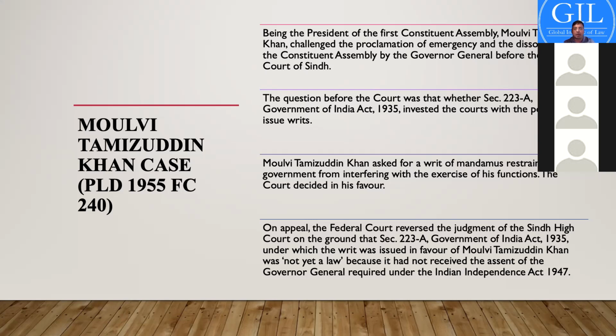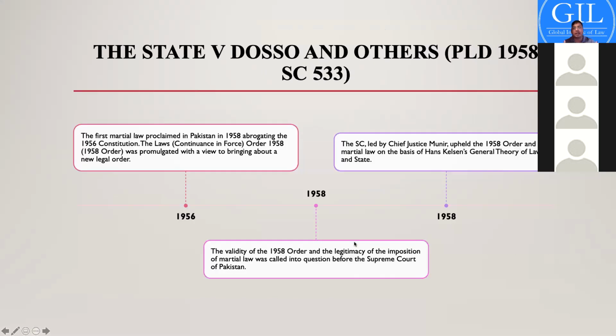However, on appeal, the Federal Court, which would later become the Supreme Court of Pakistan, reversed the judgment of the Sindh High Court on this technicality, that the section under which the writ was issued was not a good law because it had not yet received the assent of the Governor General. So this was a seminal constitutional case which paved the way for later cases such as the State versus Dosso